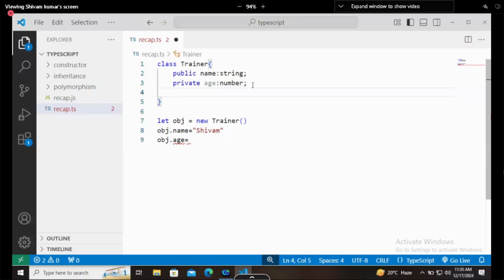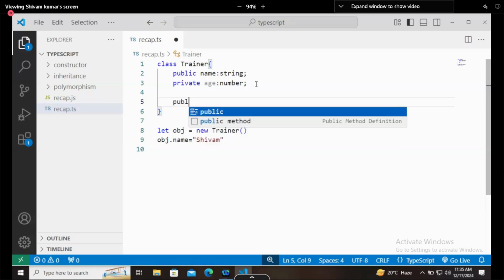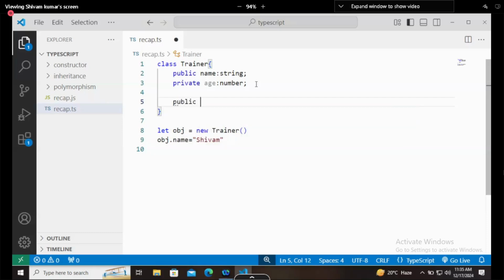But what is this now? We should be able to set the value, right? So technically this private thing is there. Now how will you access this? Using getters and setters. How? Let me show you. Here I will generate two things, public, and getters and setters are function names.